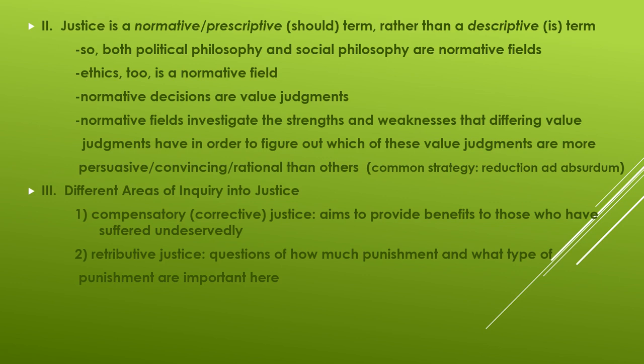So you can see it's a far cry from talking about affirmative action to talking about locking people up. Retributive justice says, what do we do with those who violate the laws that have been established? What is the proper punishment for these individuals? I mean, if someone commits the horrible crime of jaywalking, should they be beheaded? Should we put them up on the guillotine as the old French would do? Probably not. That seems excessive, right?